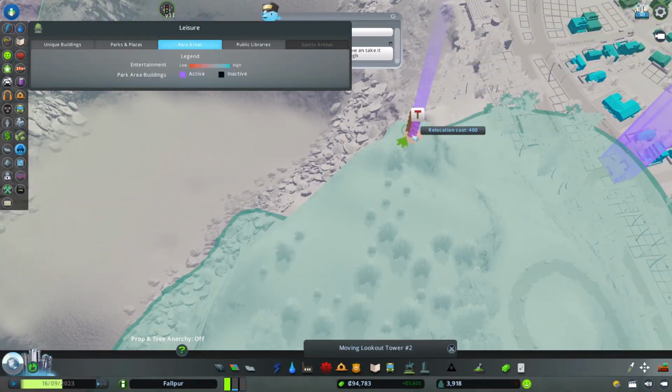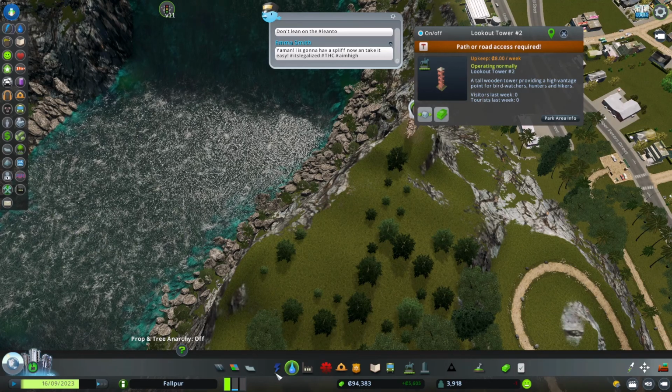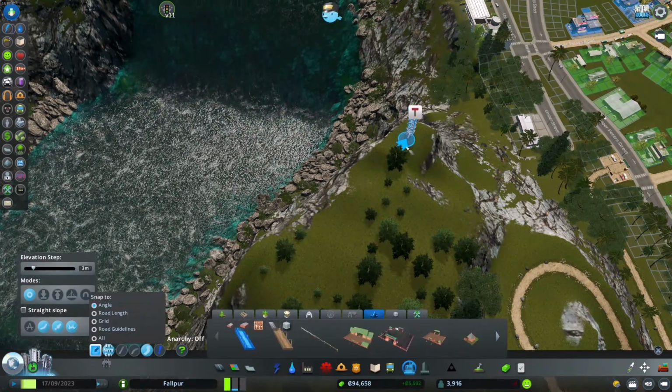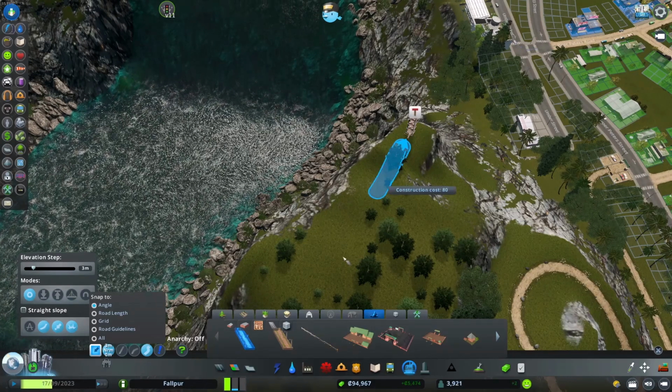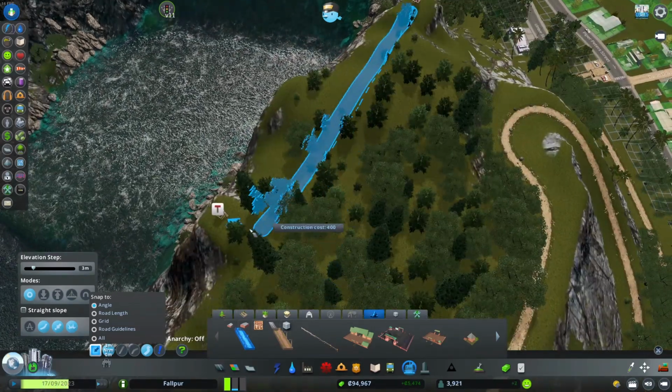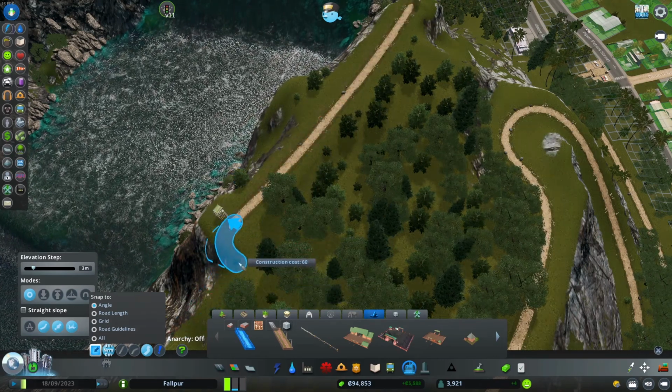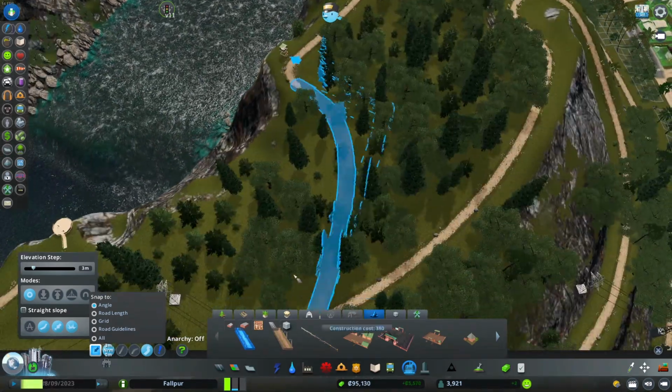I think this path, we did not have the orientation correct. That's fine. Now this path you take all along the ridge to this lookout tower,